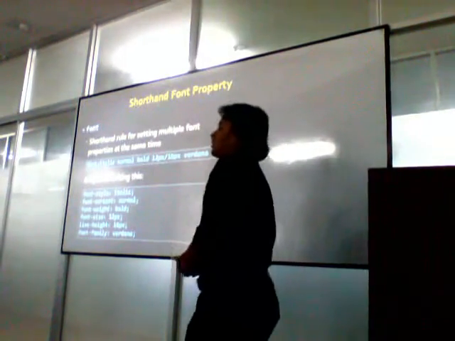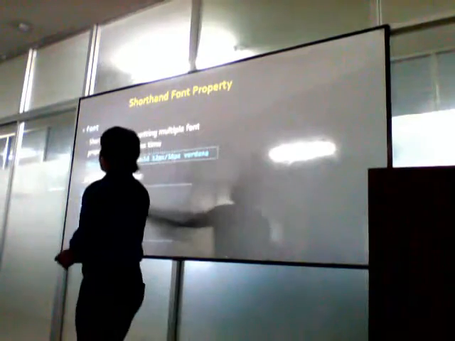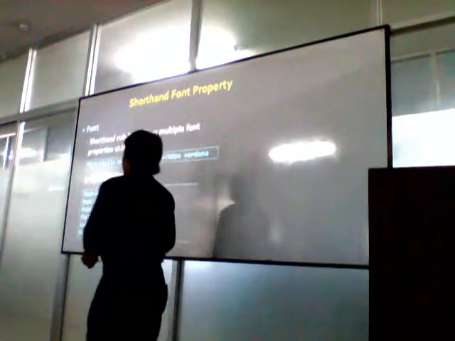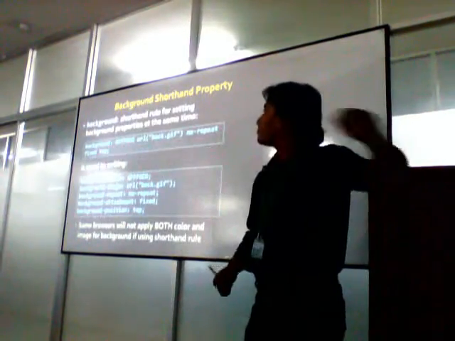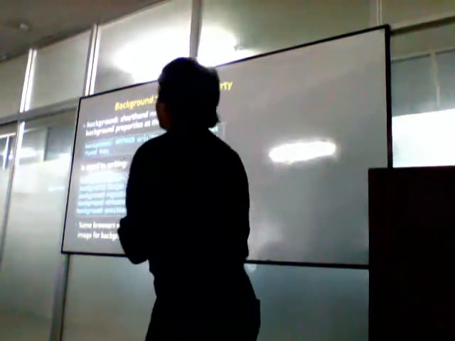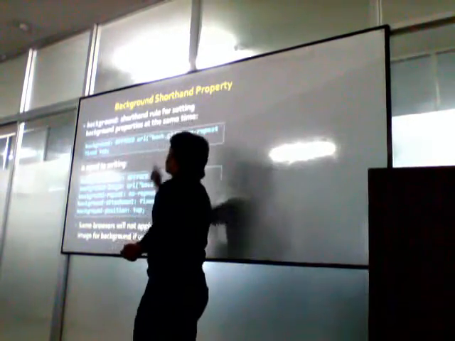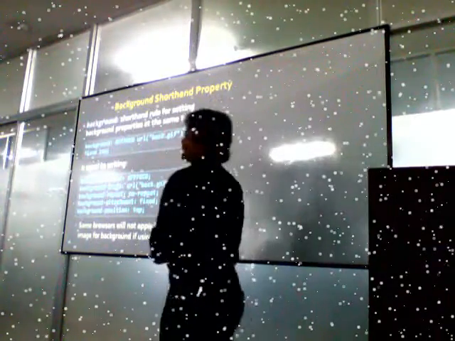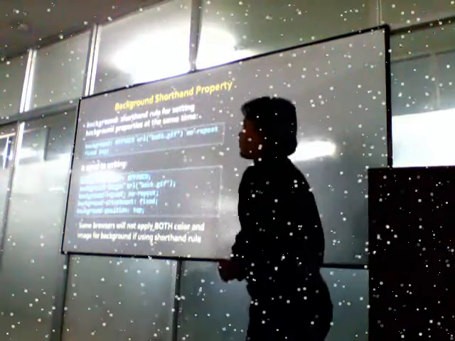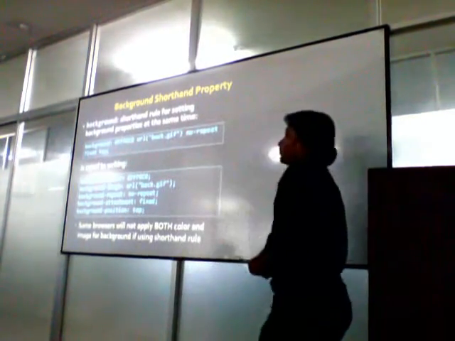There are examples of font style with CSS as shortcuts. Firstly, we set font style to italic or normal, then variant, then weight, size, and height. Next, background. We change the background in the CSS file. After background and color, we use an image file by putting the URL, then the repeat, attachment and position.